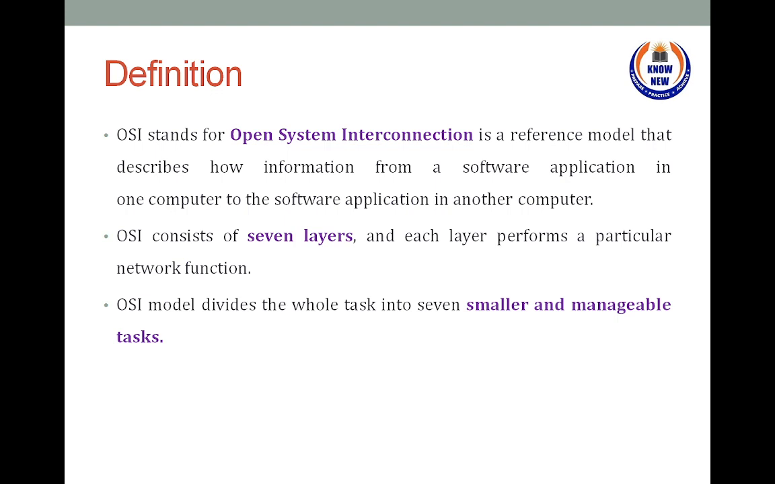It may be a client or server side. There will be two different kinds of applications running. The end user can interact with the systems by using the software applications only. So that is the OSI model. It supports 7 different kinds of layers, and each and every layer has different network functions. And the OSI model divides the large task into smaller subtasks, because